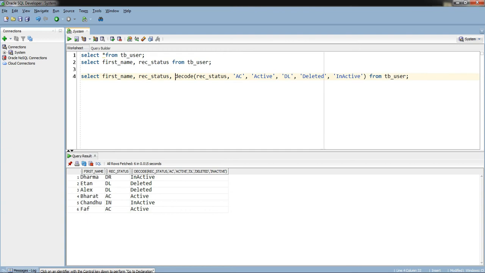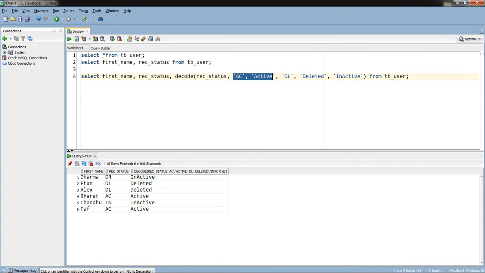So how this works is, first it will try to compare with this value. If the rec status is AC, the decode function will return active. If this matches DL, it will return deleted. This is like a pair.